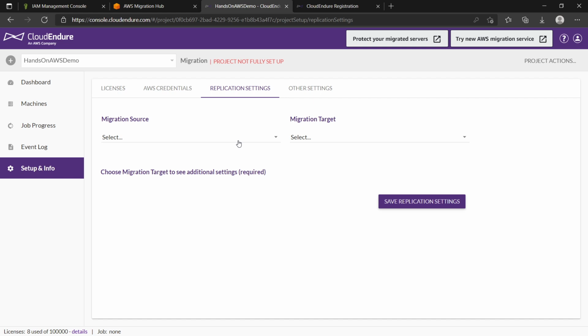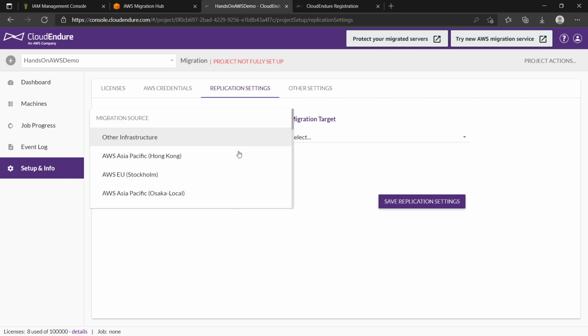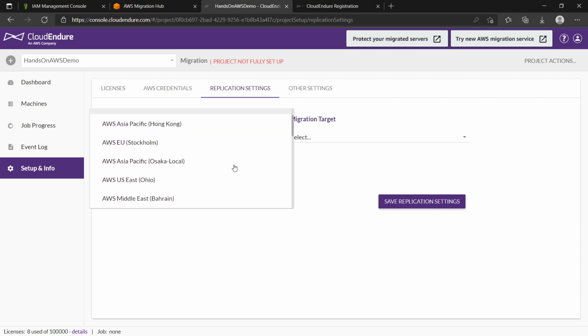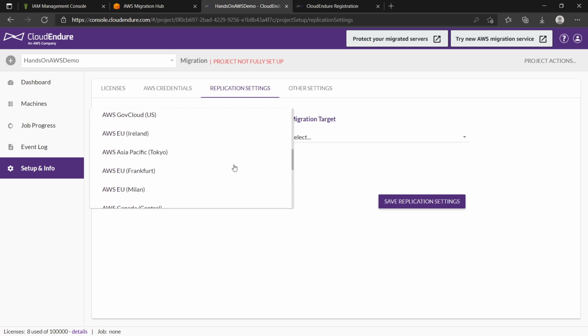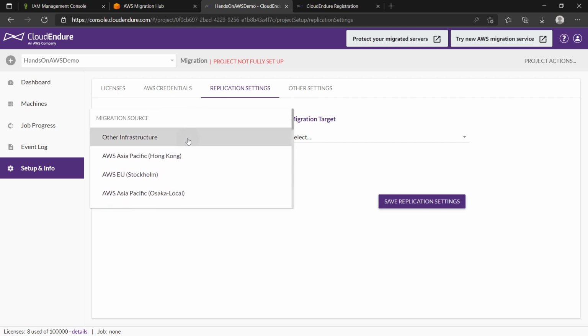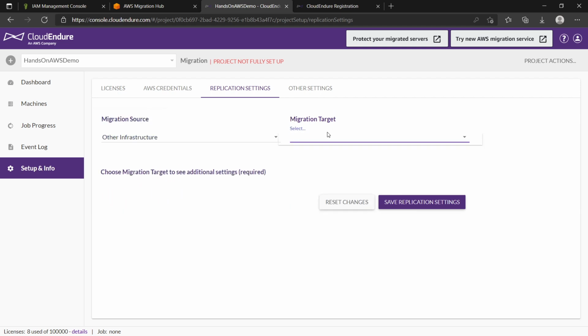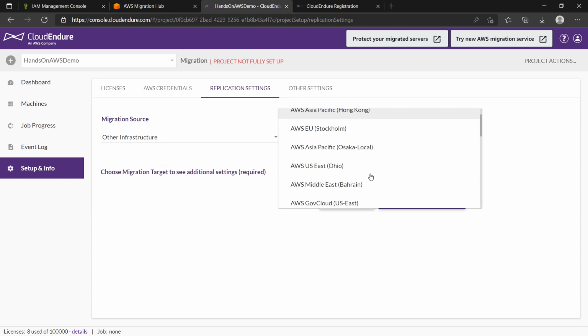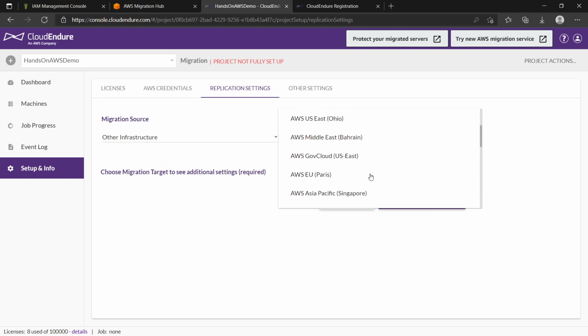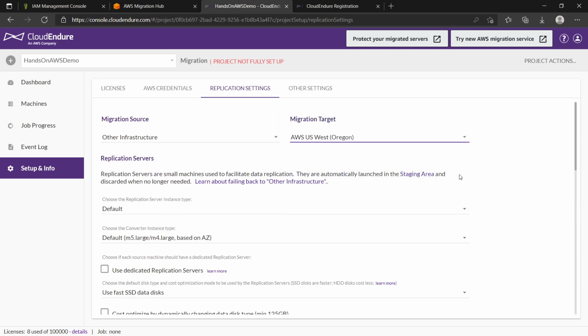But when you're doing it in reality, you will be using a source that is other than AWS. So we will use the same thing here, other infrastructure. And the migration target would be the region in which you are provisioning the target environment, which is Oregon US West 2 in this case.